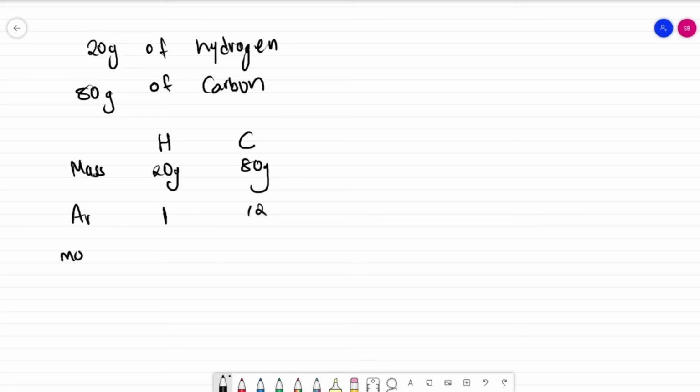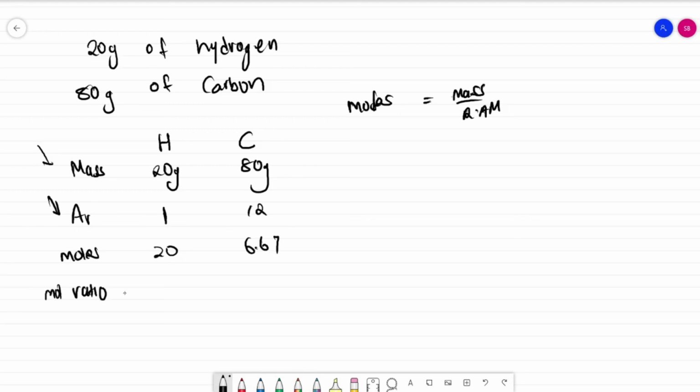So you're supposed to find the moles, and we know moles is equal to the mass over the RAM, right? So the mass here will be 20.80 divided by 12, which will be a decimal, 6.67. Okay, and after you find this, you're supposed to find the mole ratio, because empirical formula, from its name,